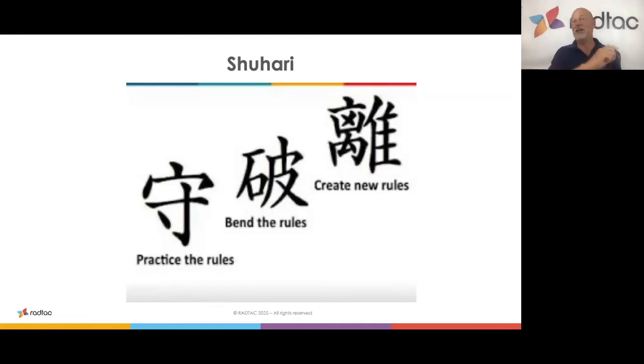And then the really amazing Scrum Master, we start to create new rules. So, we actually start to create new stuff, put that into the market, get people's feedback on it. So Shuhari: practice, bend, create. As you get more experience, then obviously you can create new rules and